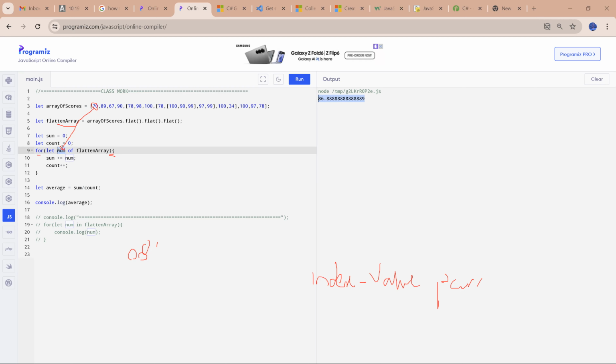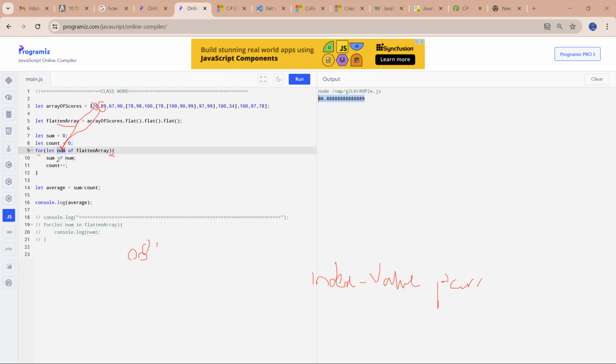It will go back into the loop, take the next number, push it into the same norm, come into this code block, add 89 to sum, which is now 70. So 70 plus 89. It will now store this value in there, increase the count, go back to the loop,